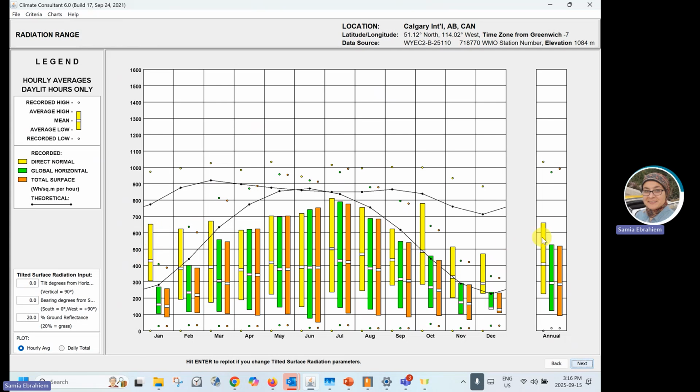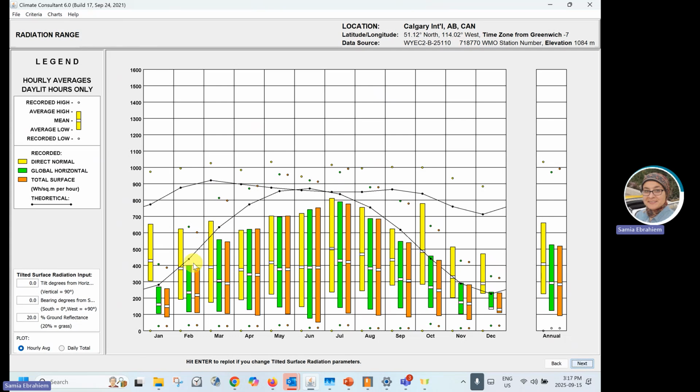And you can see we still have the radiation, not bad at all most of the year. This is if you would like to have solar panels on your roofing. If you have them horizontal or tilted up, most of the roofing here is not horizontal, right? However, now we are seeing the switch. Most of the row homes are having flat roofs, and this is where you can assume how much radiation you can get